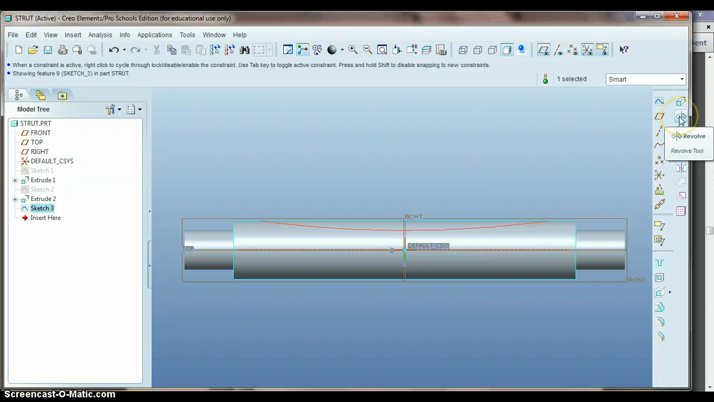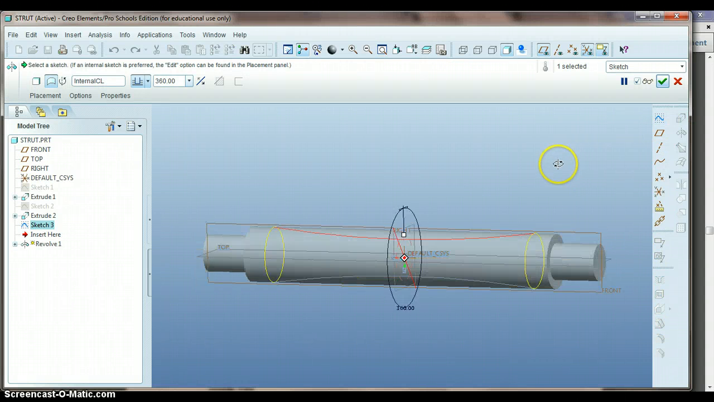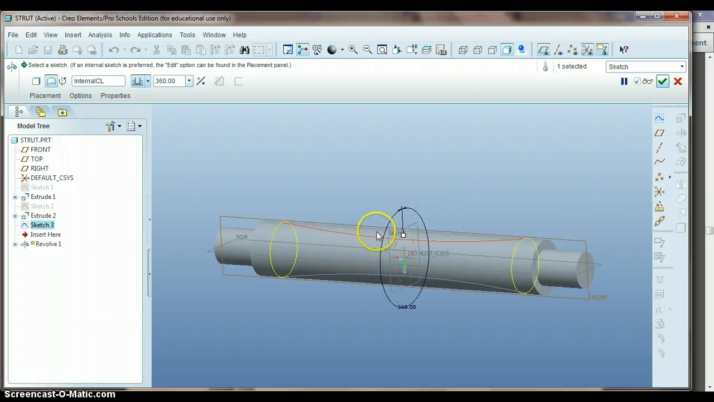Now we're going to hit the revolve button, which is right below the extrude. It says revolve. I'm going to hit that, and you can see it puts some more lines in here for us. And we want to make sure that the revolve as solid button is pushed, so this button right up here in the top left, push that,